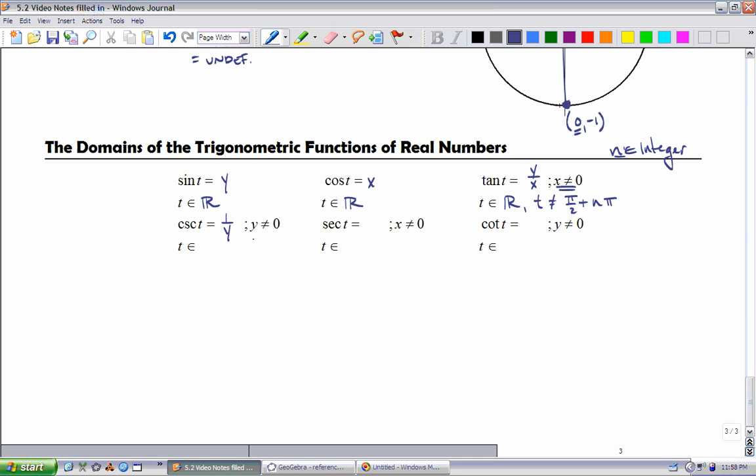Cosecant, which is 1 over y, we have to remember y cannot equal 0. Now that's going to happen on the right and left of the unit circle at 0 and pi. So it's going to be all real numbers except t cannot equal any integer multiple of pi. Hopefully you'll explore these a little bit more in your class. I'm not really going to do it a ton of justice here, but just realize that these trig functions that have variables in their denominator are going to have restrictions on their